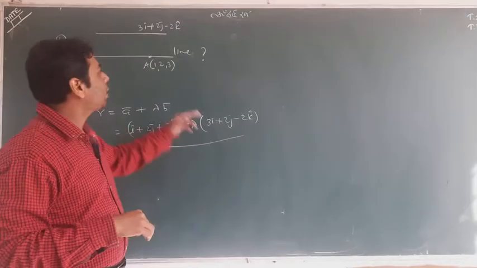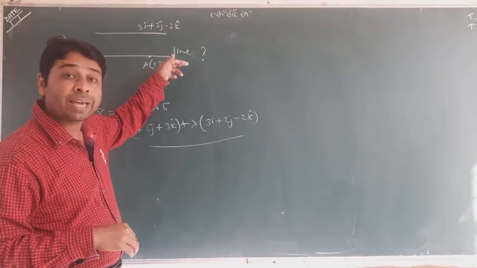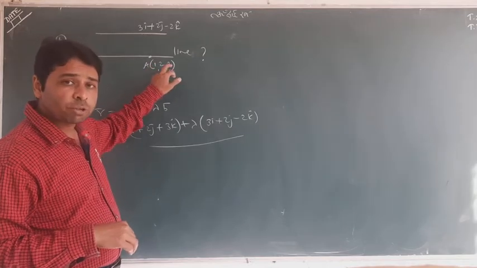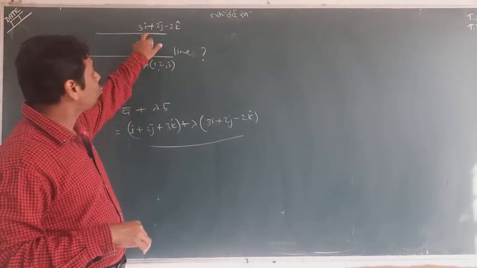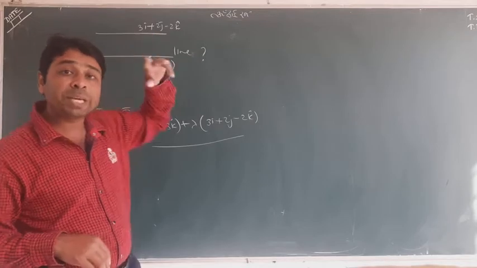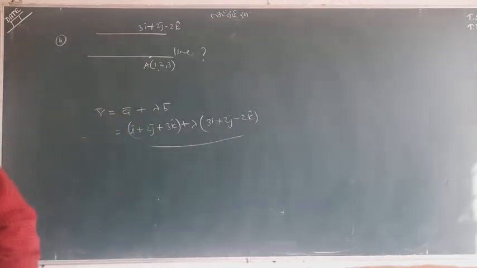That first line passes through the point (1, 2, 3), so the position vector of that point is called A, equal to i + 2j + 3k. The line is parallel to the vector 3i + 2j - 2k, so let B equal that, and then the vector equation is this one. So this is the vector form.